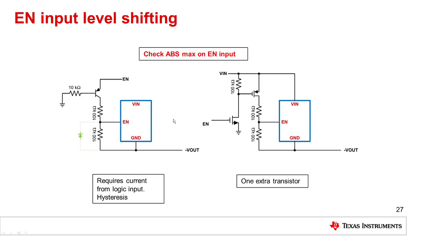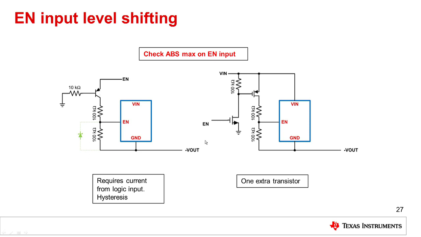All right, the enable is the first thing we'll look at. We see two different methods here. The one on the left is very simple. It uses a single PNP transistor and some resistors in order to level shift your logic-based, or system ground-based, enable to get it into the buck regulator. This particular solution requires some current from your logic, and it has a great deal of hysteresis, but it is